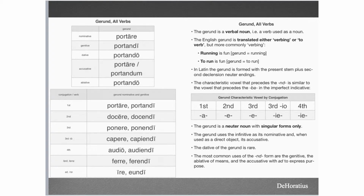So here is the gerund in Latin. And basically what you'll see is that this nd is the tense sign, it is what indicates the gerund. Now, with that said, you'll notice in the nominative, and to some extent the accusative, all right, you have the Latin infinitive. And the reason for that is that in Latin, the infinitive and the gerund are essentially the same thing,